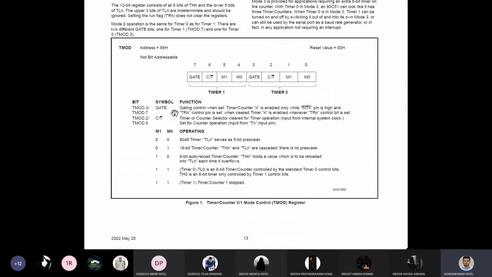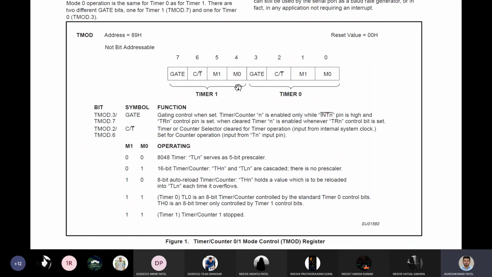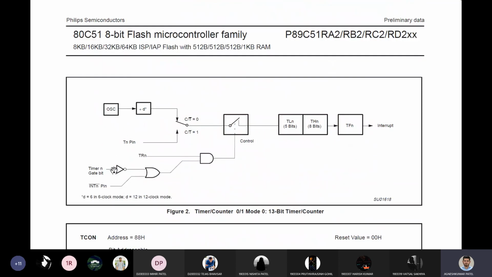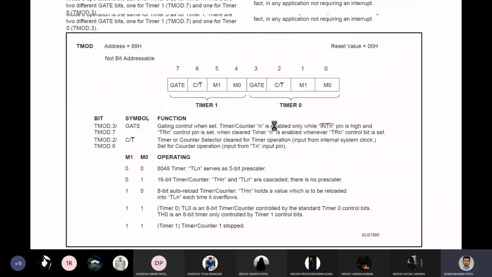Now let's look inside at what TMOD looks like. TMOD is an 8-bit register, so these are the 8 bits. What is the difference? The lower 4 bits are related to timer 0 and the upper 4 bits to timer 1. Now, as I said, your gate should be 0, and gate is actually this bit. So if you write 0 here, you are writing 0 at this point here. To set this to 0, you have to write inside your SFR.